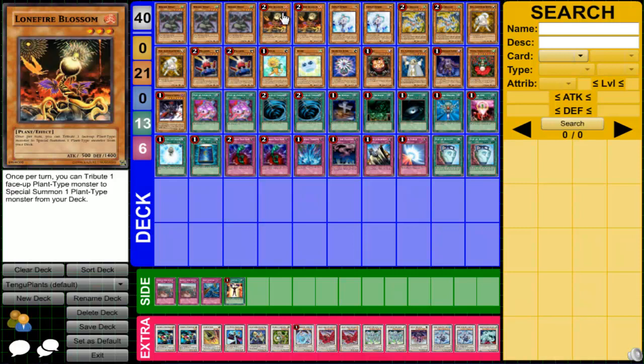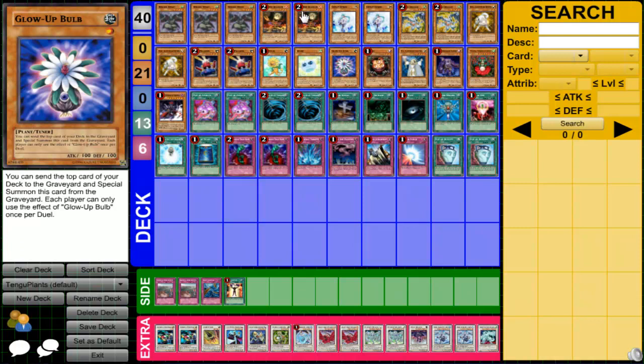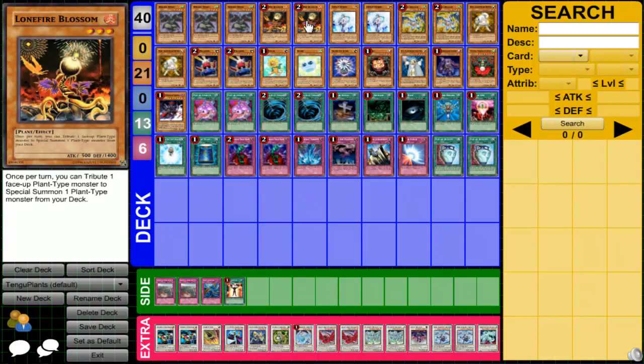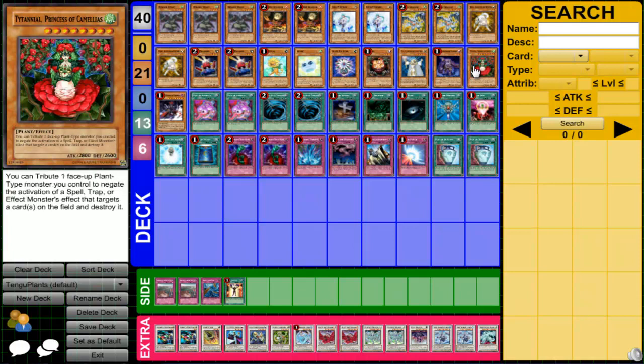Moving on to the plant engine: Lonefire, Dandylion, Spore, and Glow-Up. These cards are one of the best, most popular ways to synchro. Dandylion for the tokens, Lonefire to sacrifice itself for Spore or Glow-Up. And since I run that, I have pretty decent combos with Dandylion and the tokens to summon Lonefire, pop a token, summon another Lonefire, pop another token, and then spring out Tytannial, Princess of Camellias,